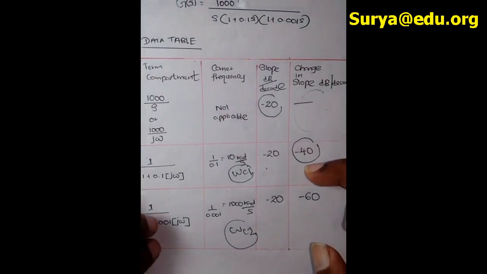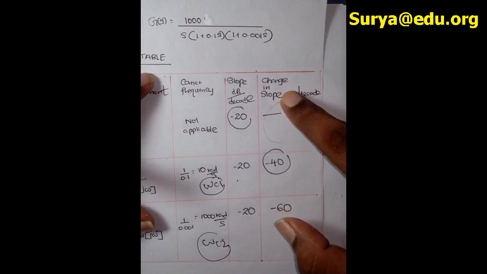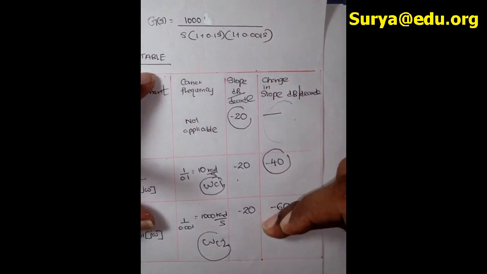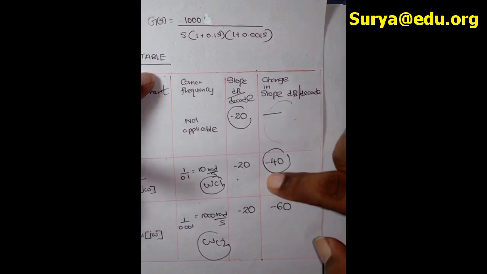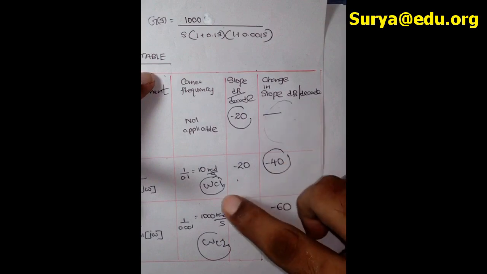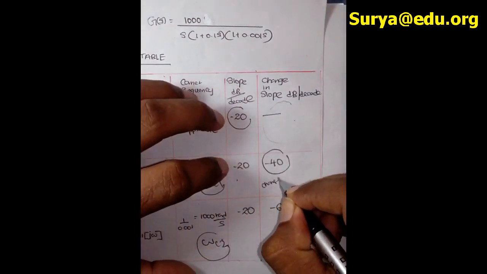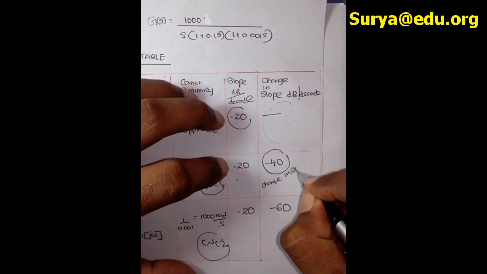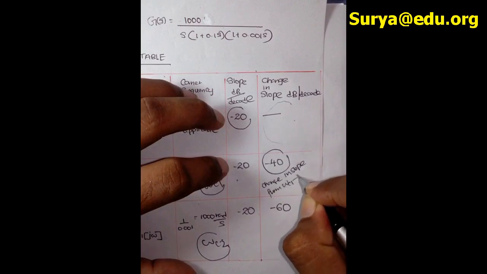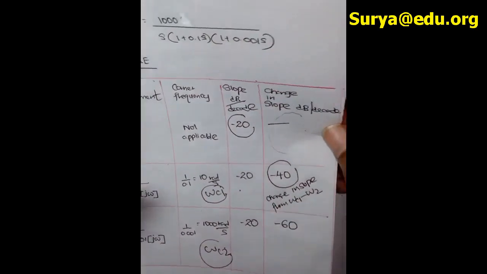From here, right? Because this change in slope is going to get applied for the frequency that is going from here to the next one. Starting from here to the next one is omega C2. So that means change in slope from omega C1 to C2, right? Change in slope from omega C1 to omega C2 is this, because it is starting from here. I think now it's clear to you, right?